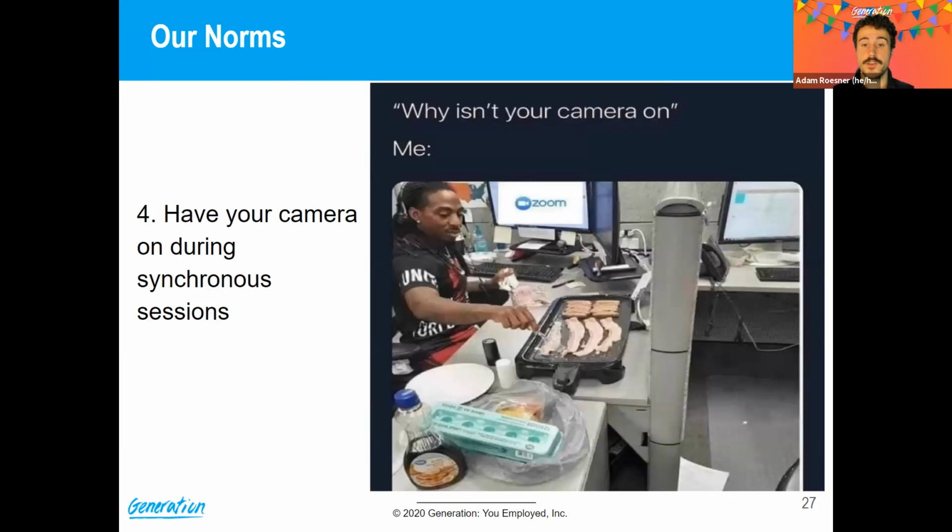Here's an example of what you may be getting up to if you do not have your camera on. I suppose you could be getting up to this if you have your camera on, but that would be a much bolder strategy. And I'm more likely to notice those things, having your camera on and your face fully visible on camera. These are extremely important. If your camera looks like this, I'm going to write you a message about it. And if I don't receive a response to that message, I'm going to assume you're not paying attention to class.